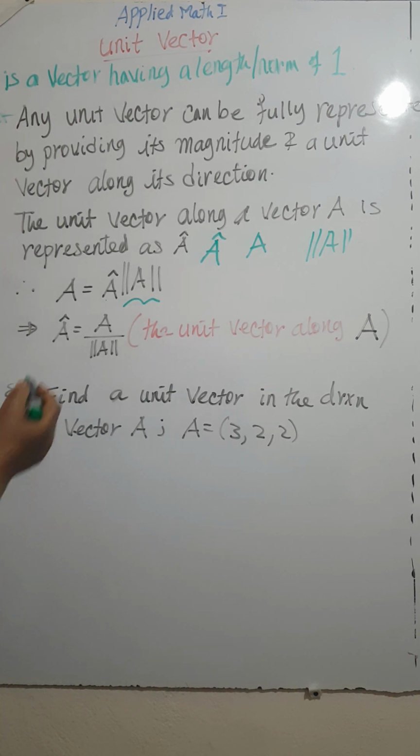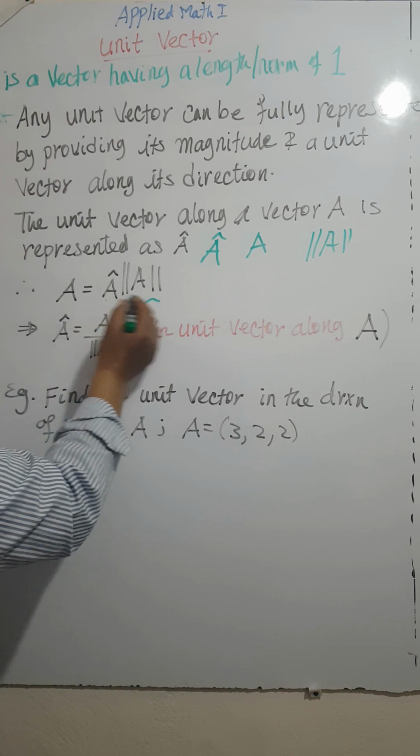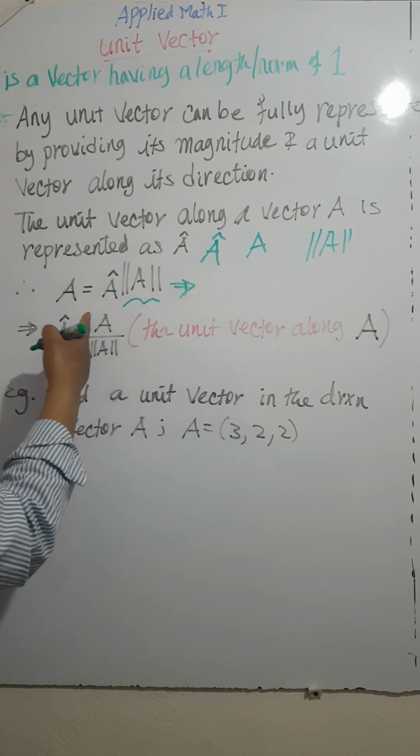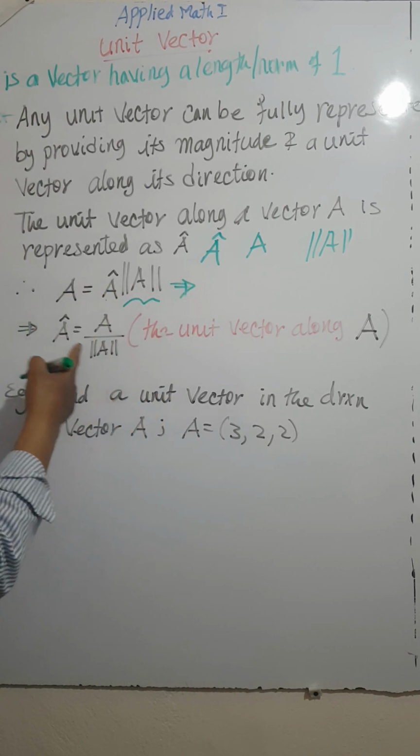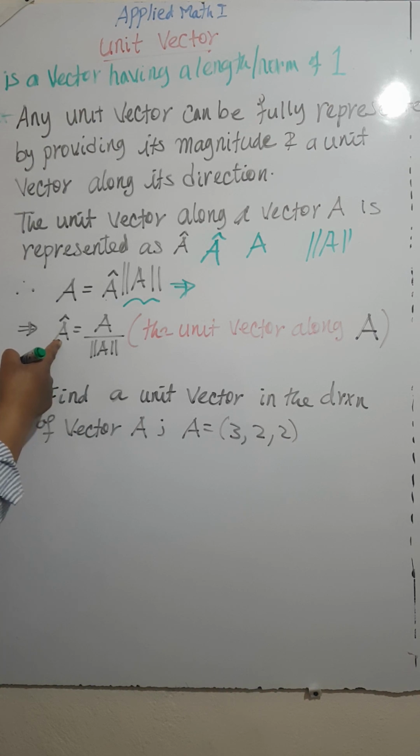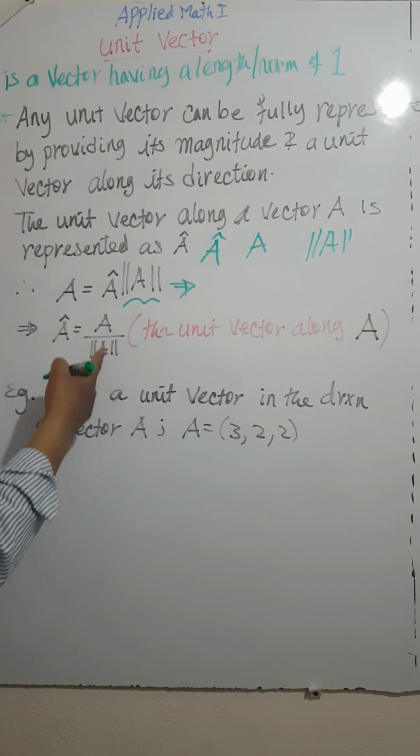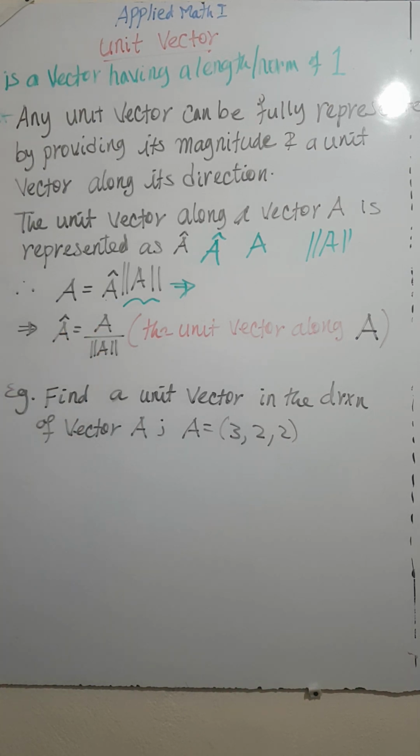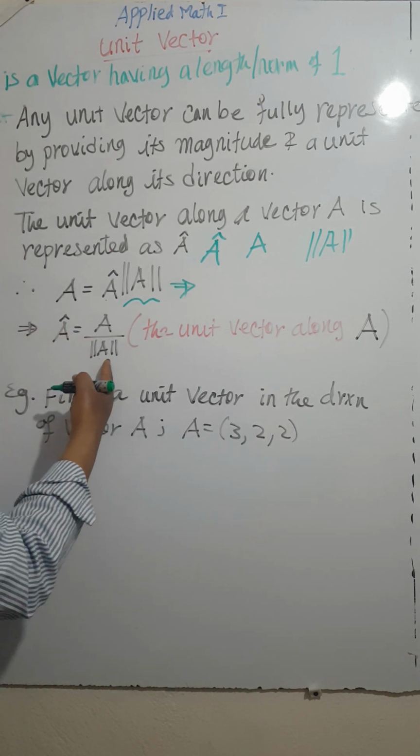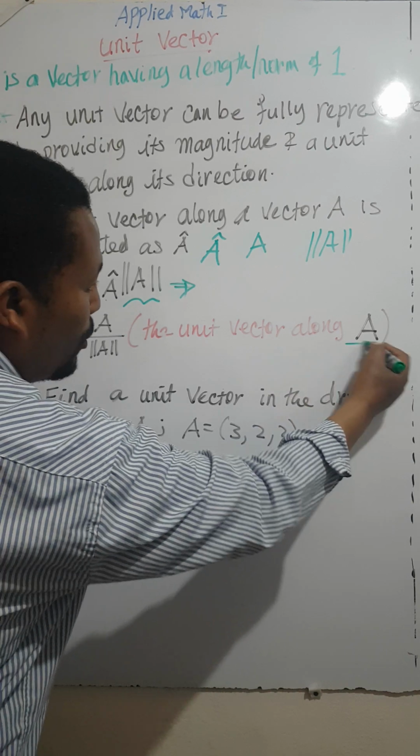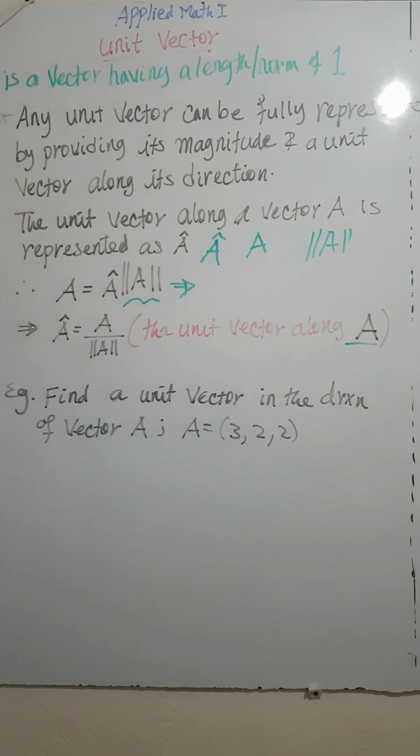ስለዚህ ከዚህ ምን እናገኛለን? Okay, the unit vector along the vector A is equal to A divided by the norm of A, the magnitude of A. So A divided by norm of A is the unit vector along the vector A. ቀላል ነው። ረጋ ብሎ ብቻ ማየት ነው። ለምሳሌ እዚህ ጋር አንድ ጥያቄ አለ። Find a unit vector in